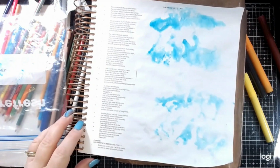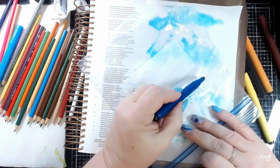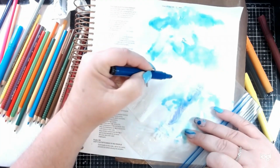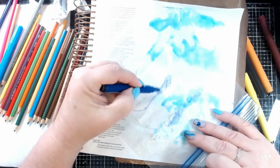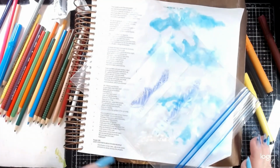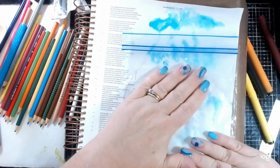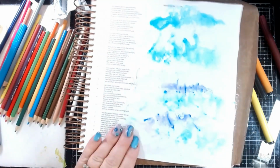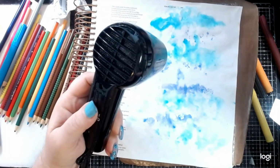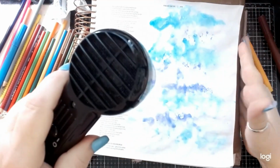I'm going to use a darker color blue that I have, wiping off your Ziploc bag and just repeating the same thing over. And I'm going to place it in between the waves that I already have. Well, I say waves, but they're kind of just water. Because when you're looking through the water, you see different colors, different shades of the blue. Might even be cool to add a little something else in there. Again, make sure that you allow it to dry